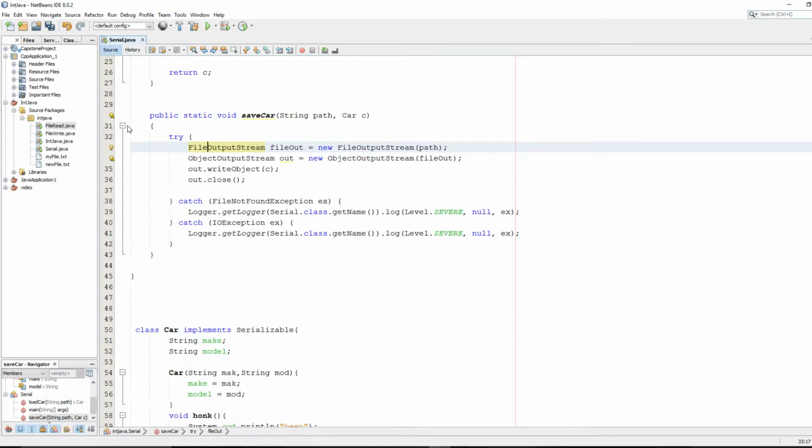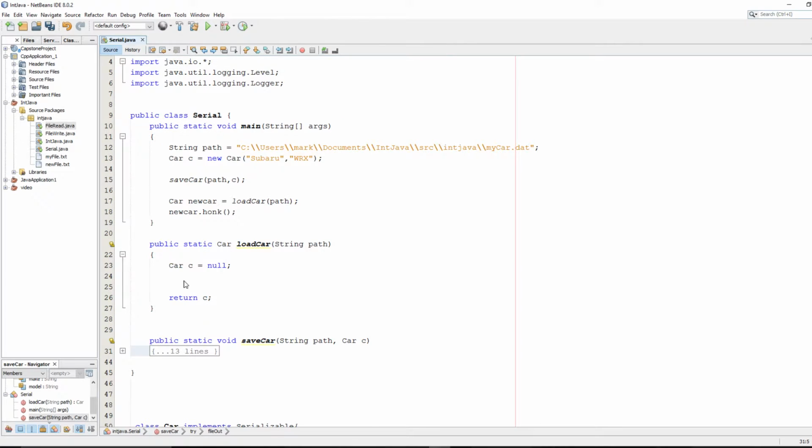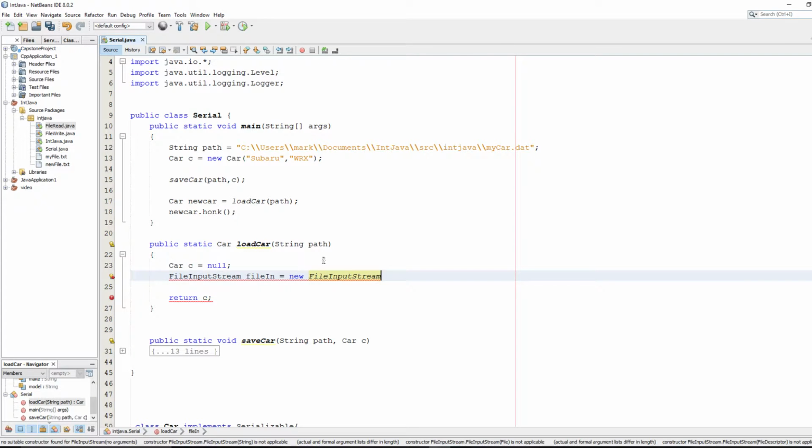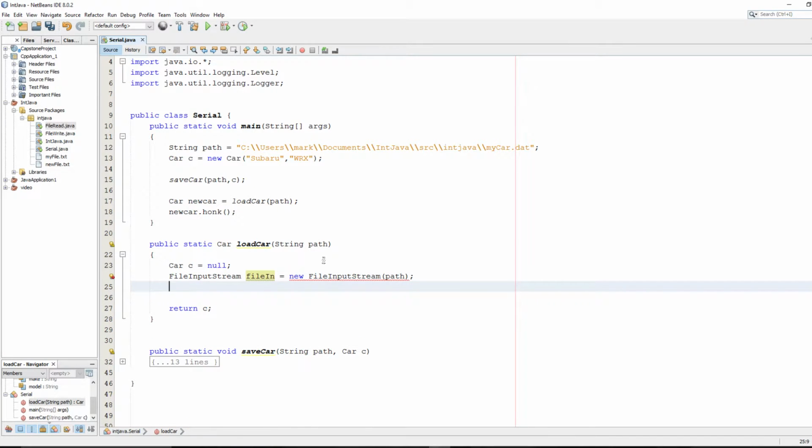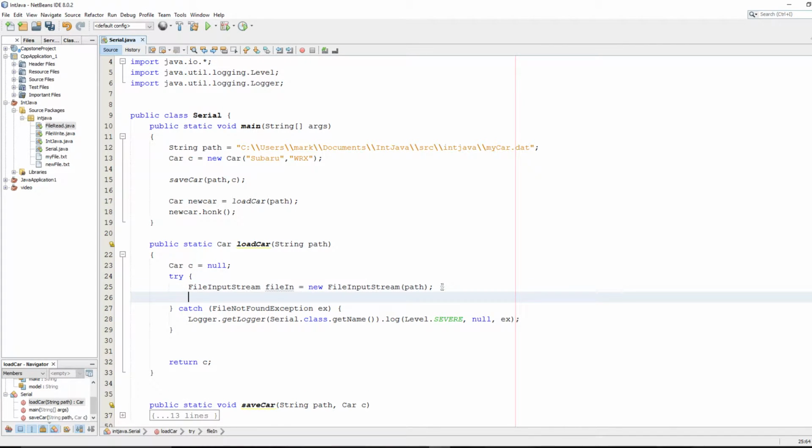Okay, so we're done with that. We're going to go ahead and load the car. And that's done in a pretty similar manner. What we're going to do is have a FileInputStream, like so. And the FileInputStream is going to take in the path, just like the FileOutputStream, and just like the buffered readers and writers. And it's giving us a little warning here because it needs to be in a try-catch. So we're going to go ahead and surround it with the try-catch. And then